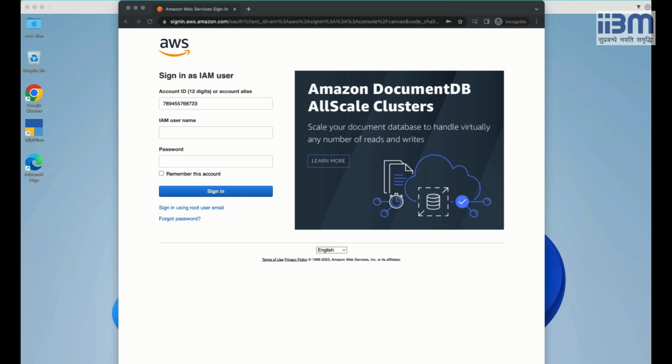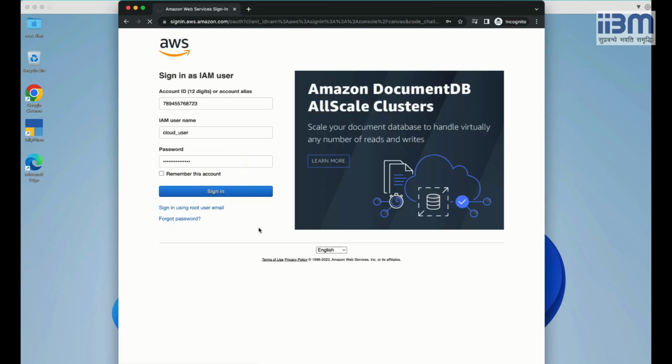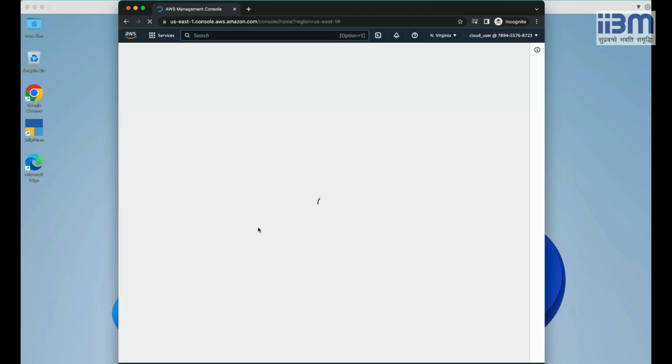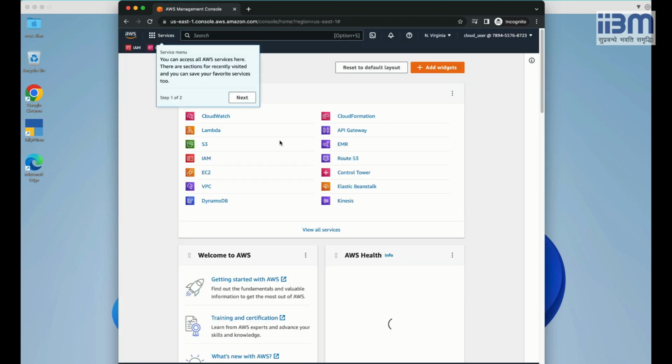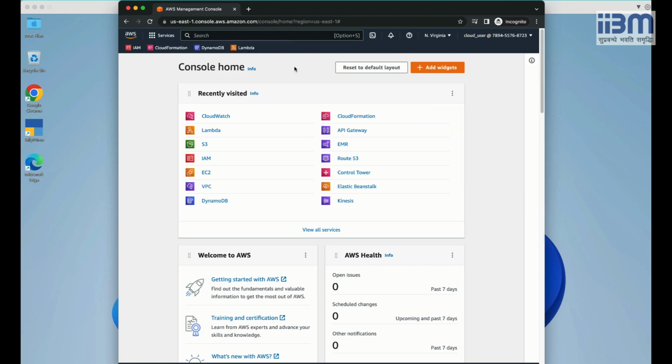Let's get on to the AWS Web Console by using our username and password, and then let's sign in. Okay, let's hit this. Thank you AWS for all the help that you are trying to give, the tips that you are suggesting. Well, we are on the AWS Web Console,